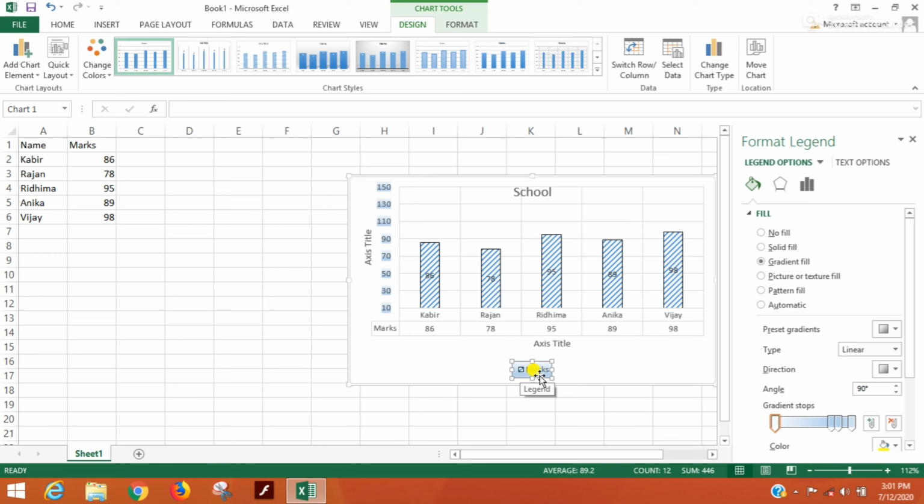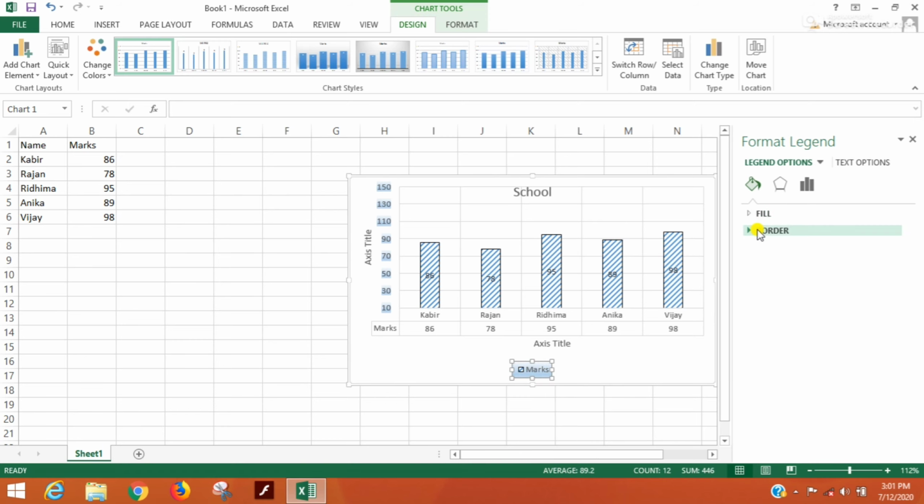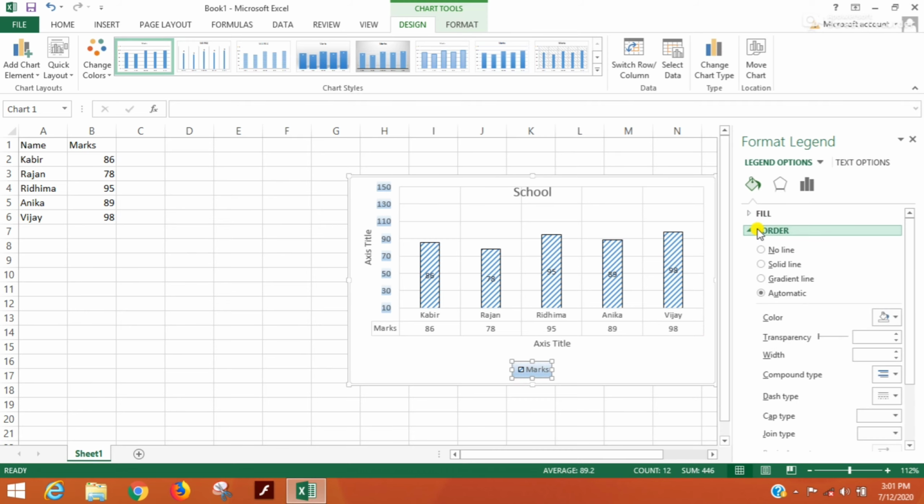You will see a gradient color appear inside the legend. And if you want to change the border of the legend key, then you can select the solid line option and you will see a border has appeared outside the legend key.